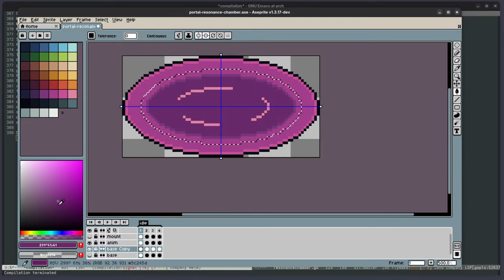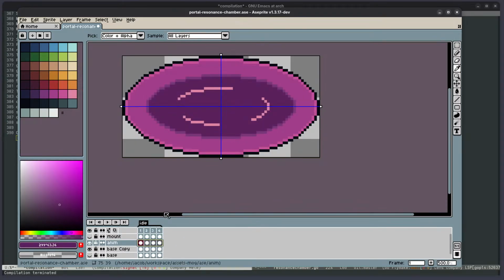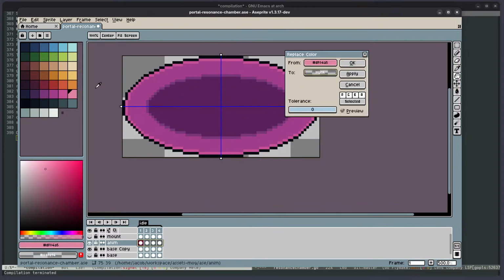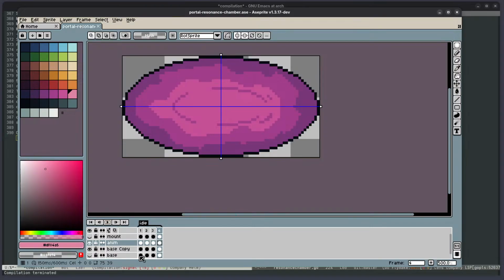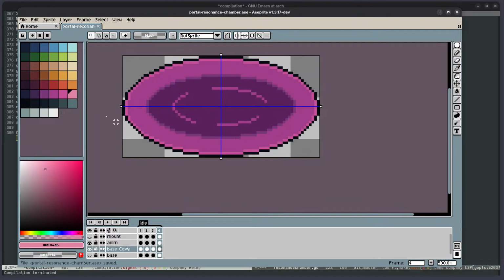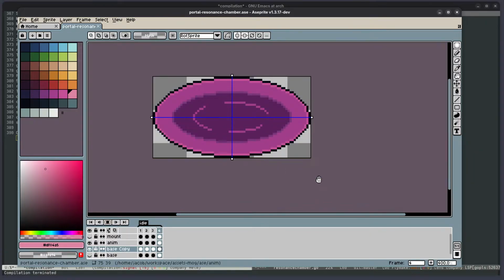Maybe a little bit more. And I think for this animation section, I'm gonna do. Is it locked? No. That. Oops, hold on. It does feel a little bright to me, but